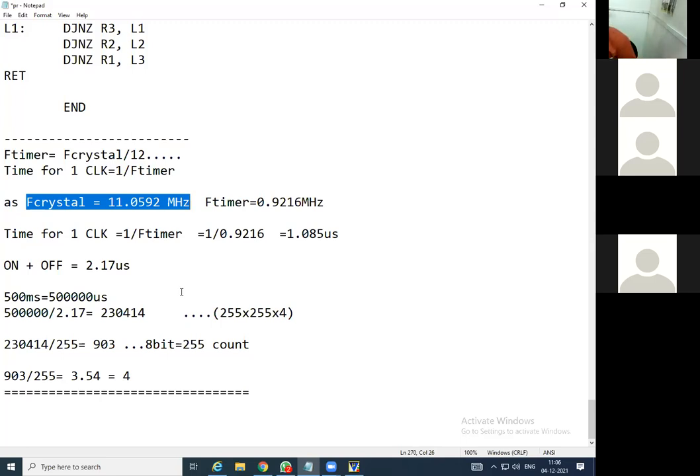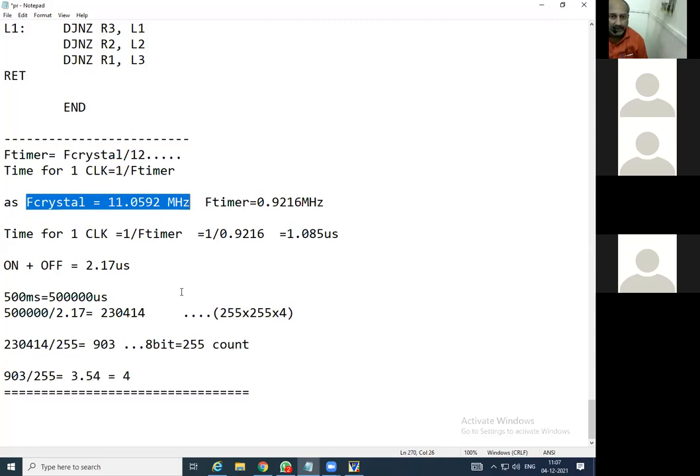So even though it is not given in the problem, you are supposed to remember this. कुठला क्रिस्टल लावलेला असतो 8051 ला, त्याची फ्रिक्वेन्सी काय? 2 मेगाहर्ट्ज ते 12 मेगाहर्ट्ज कुठलाही लावला तर चालतो, परंतु बाय डिफॉल्ट the value is taken as 11.0592 megahertz.